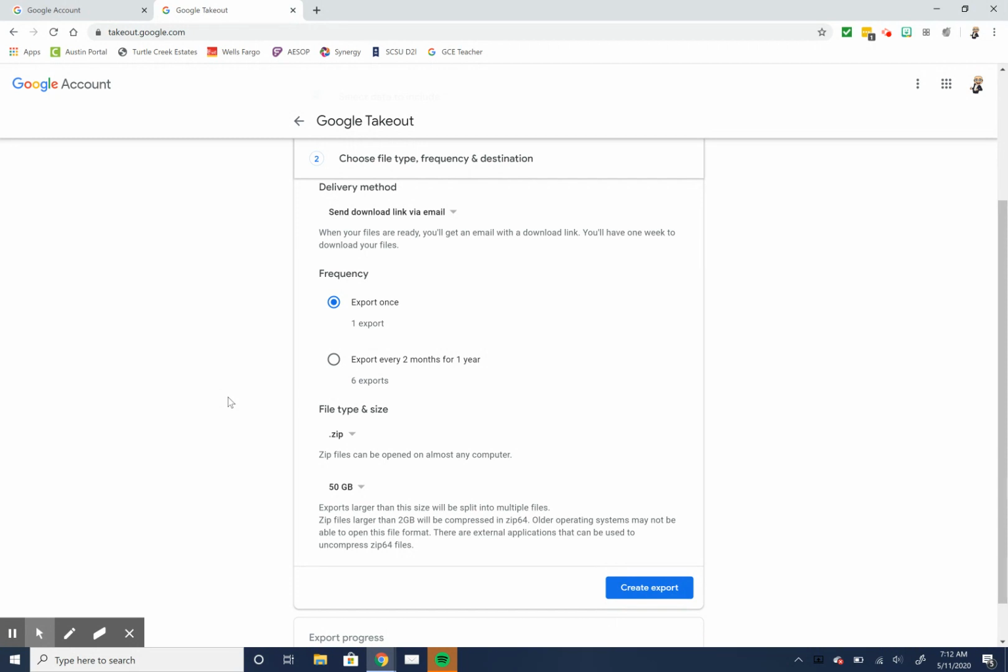The other option that you have, if you're worried about a backup, or maybe you lose your device or your USB flash drive, is to create an export schedule that gives you six exports. Basically, it gives you a redundant backup for a year. You could download the file immediately. Well, it could take a little while to get the file built for you, but when the file is built, you could get it. Then two months later, if you lost it, you could go back, get another file, and do that a total of six times. This gives you a lot more control, but then when you get those file types, and we're not going to go into all this,